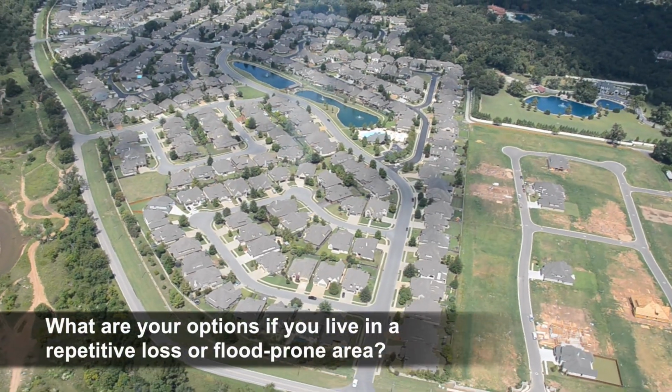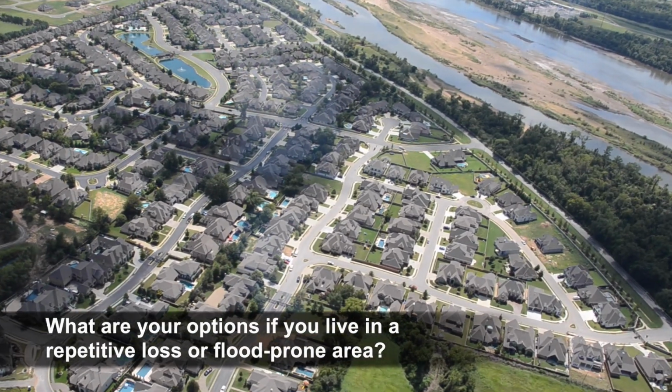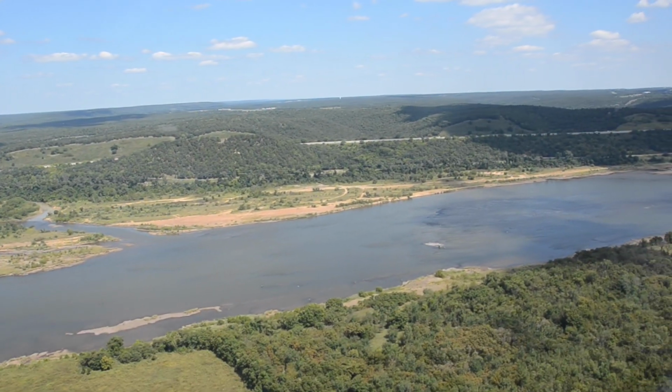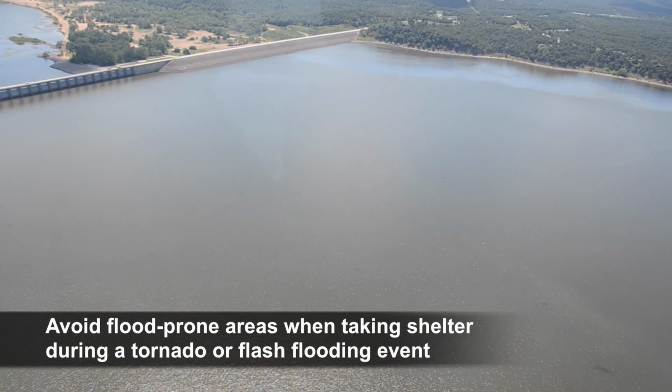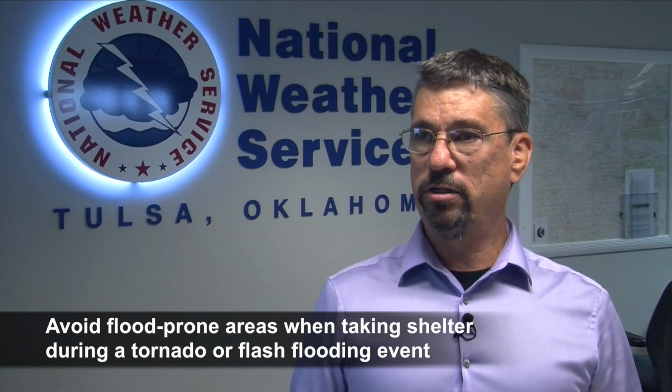Back 20, 30 years ago, we would have to wait for the Corps of Engineers to tell us what they intended to do, and we would be holding for sometimes what seemed like a long time when you're thinking about a flood warning. New development has occurred in areas impacted by the 1986 flood. Although progress has been made in forecasting, experts warn the Arkansas River is still at risk of flooding. So you never can let your guard down. You always need to prepare for each season that brings heavy rains and be alert to what can happen in